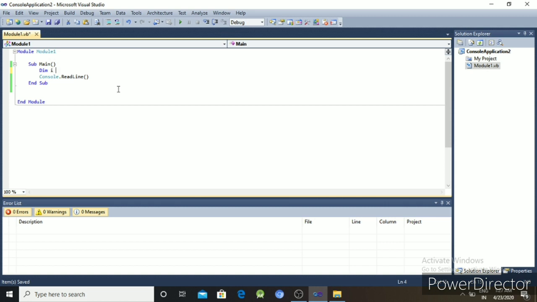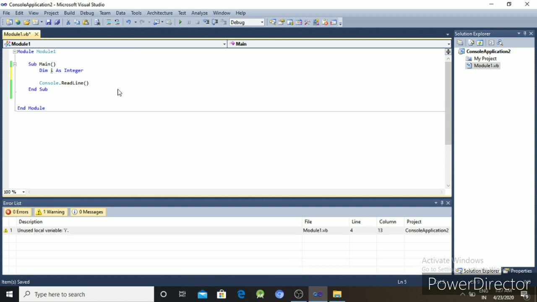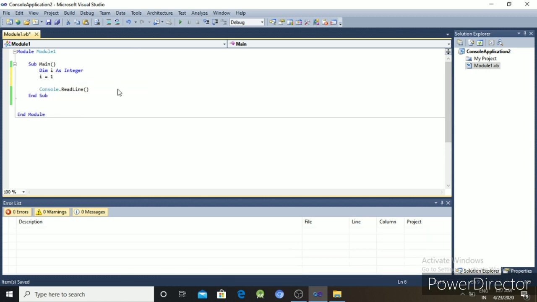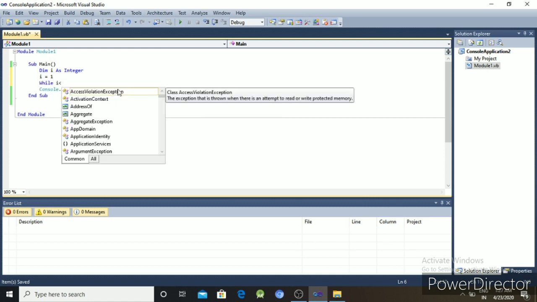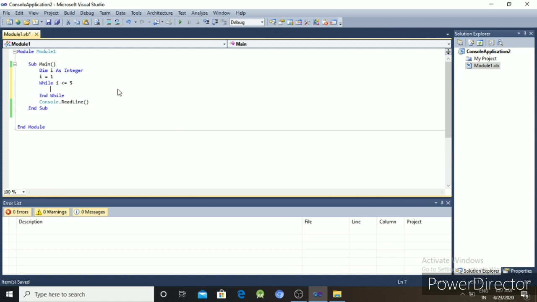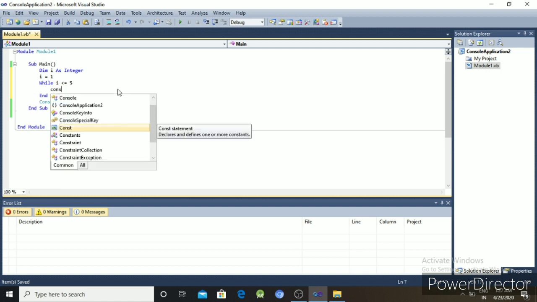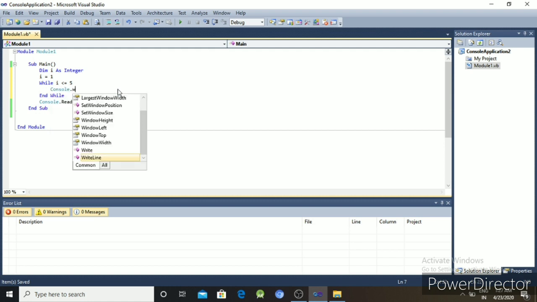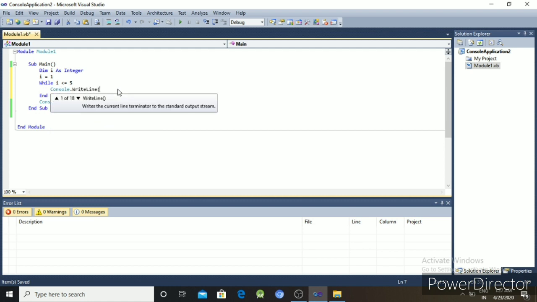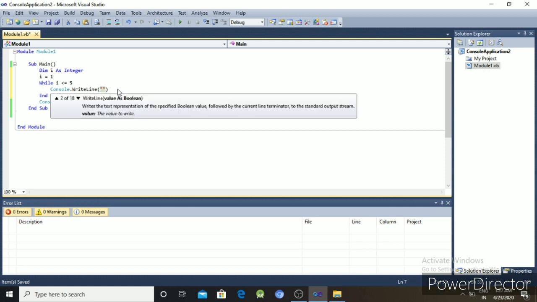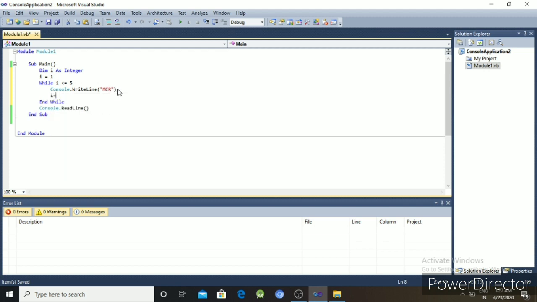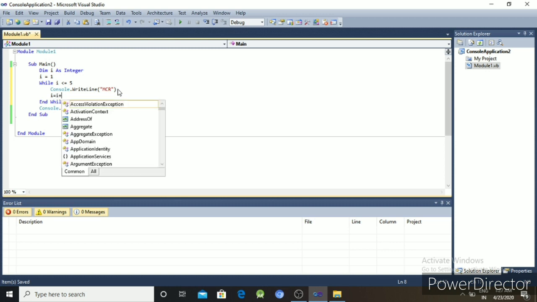Dim I as integer, then I equal to 1, then the while condition: while I less than or equal to 5, then write the output function. The output function is Console.WriteLine, under which we have to print MCR, then I equal to I plus 1.